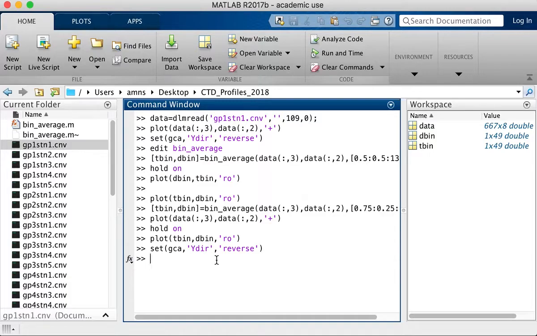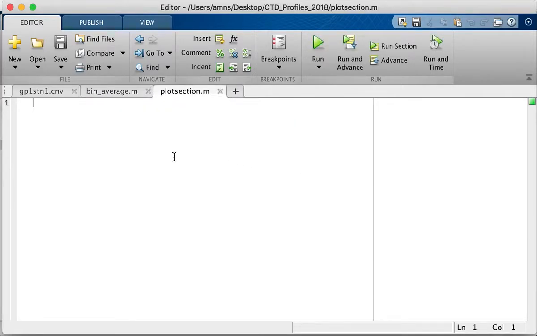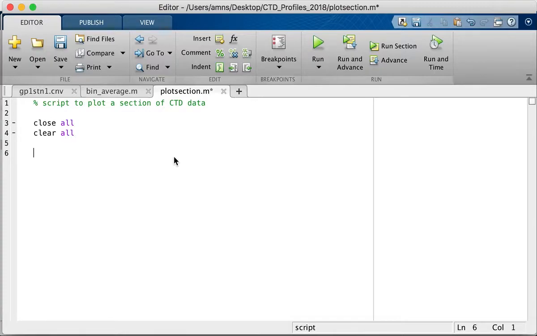So to do that, I'm going to start a new script. I'm going to call this plot section. So I'm going to type edit and then plot section. Again, sanity check. MATLAB doesn't know of a plot section already, so it does not exist. So yes, I do want to create it. And I'll write a little comment, which is a script to plot a section of C2D data. Okay, up at the top I'm going to say close all and clear all, just to make sure that the